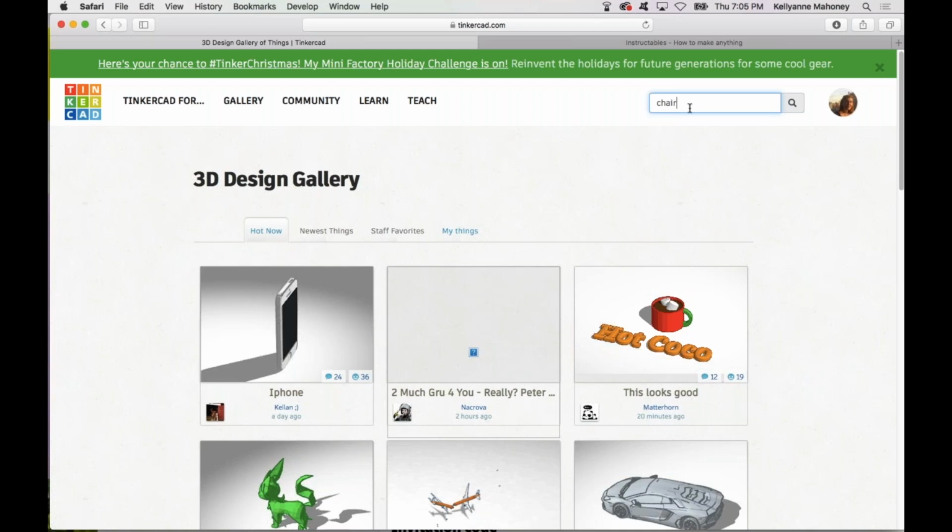I'm also choosing chair because one of the things I've noticed in working with teachers who are just starting out with Tinkercad is this is the common first project if they're creating their own projects. For example, there's a teacher I met recently whose third graders' first project was to redesign their school desks, which I thought was super cool. I know another teacher in Boston who's awesome, who actually has a list of personas